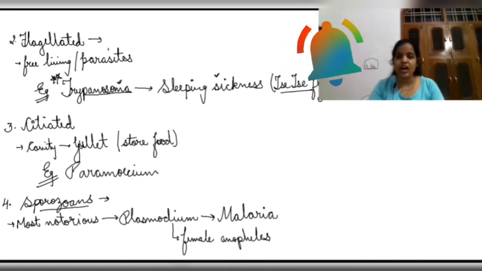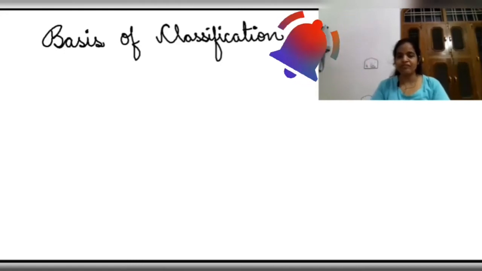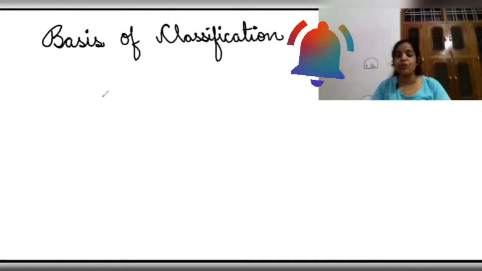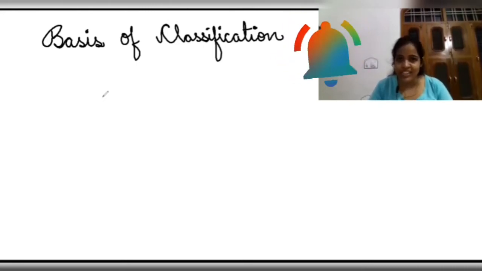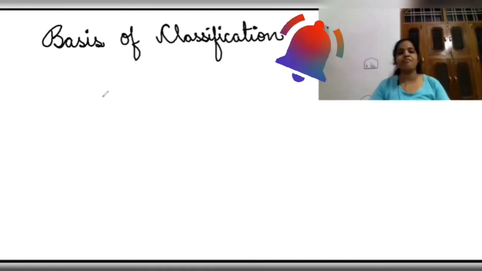Next, we are going to see how the animal kingdom is actually classified. So guys, we have the different criteria which are used for the classification of kingdom Animalia. First, we'll understand all those criteria. Then I'll tell you the line diagram through which you can remember the complete classification of different phyla. So we'll make it very easy, very simple to remember. But first we need to understand so that we can easily remember also.